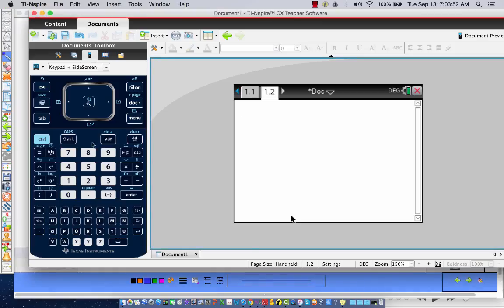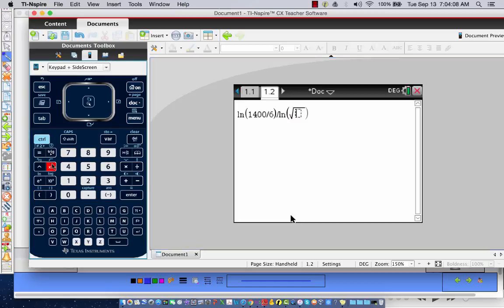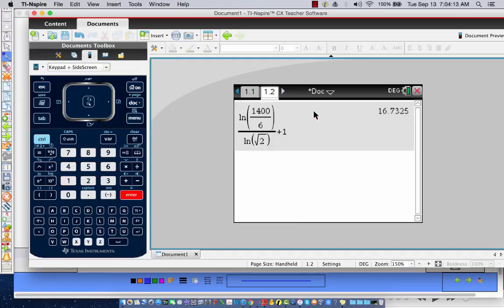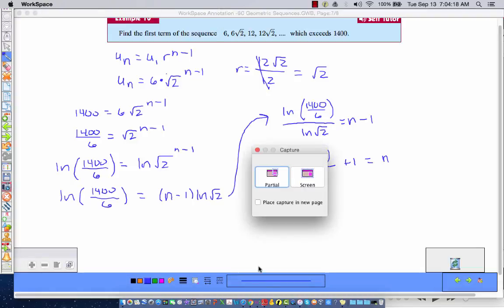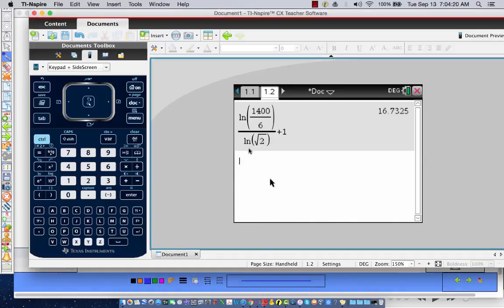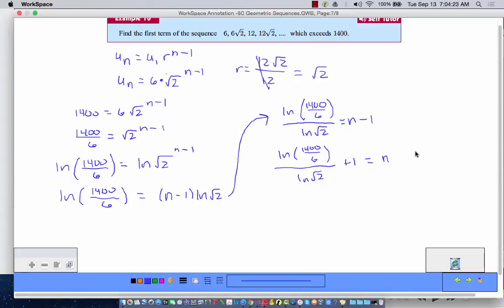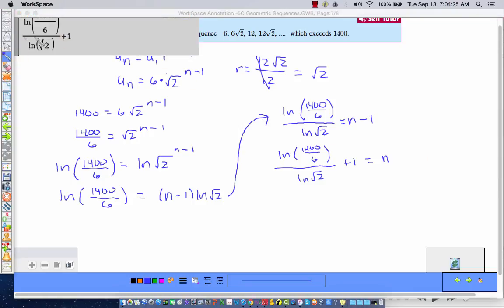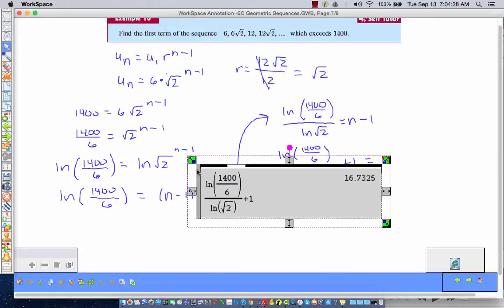Okay, so I have the natural log of 1400 over 6, and all of that was divided by the natural log of the square root of 2. And then, if you remember, we added 1, and there we get 16 point something, I forget. Let's take a look. Okay. Make that a little smaller for our purposes. All right, so we have to